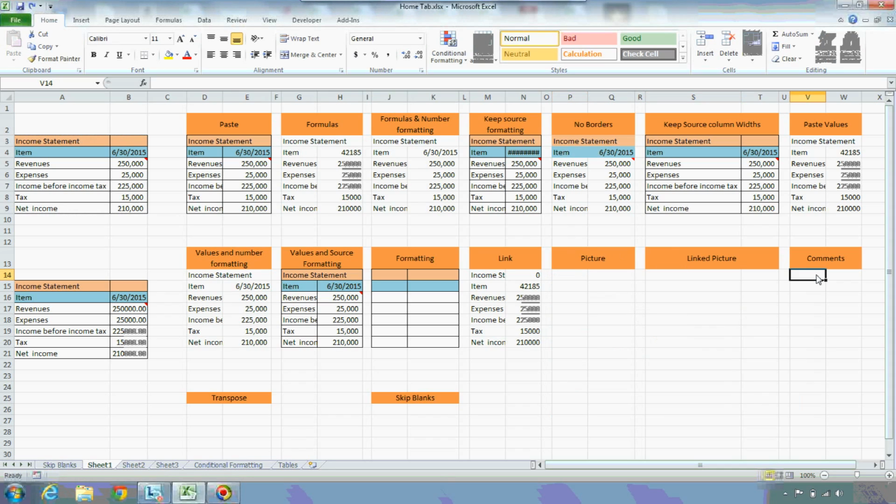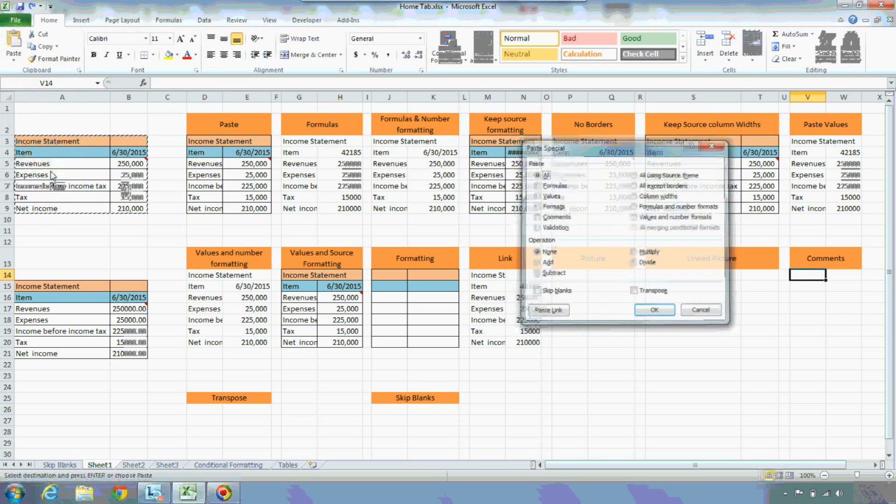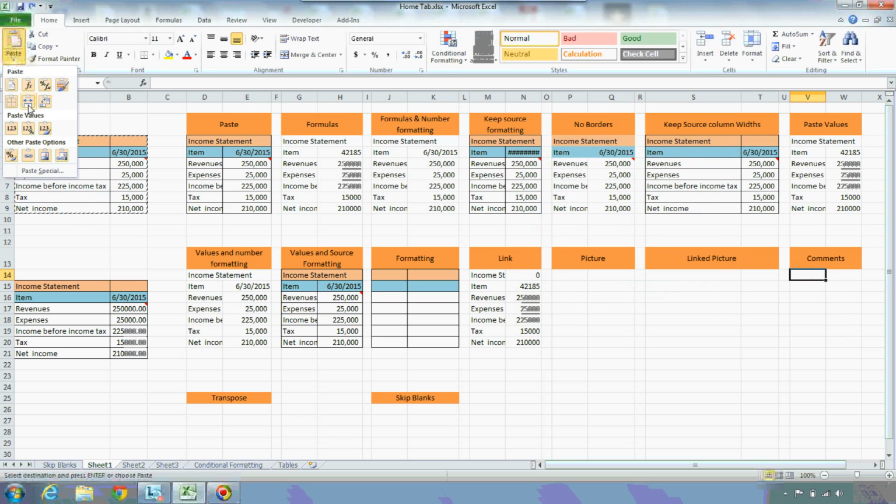So now what is this? Comments. There is a cell with a comment. There is a comment under this cell. Now what I'm going to do is, I've selected this area, copied this, kept my cursor position on the destination and then selected. Now if you observe, this is the end of all these values. So we have missed one important point, that is transpose. This is a very, very important and very effective feature of Paste Special. So let us explore comments later.